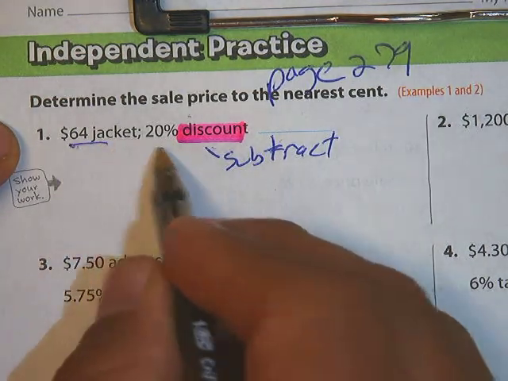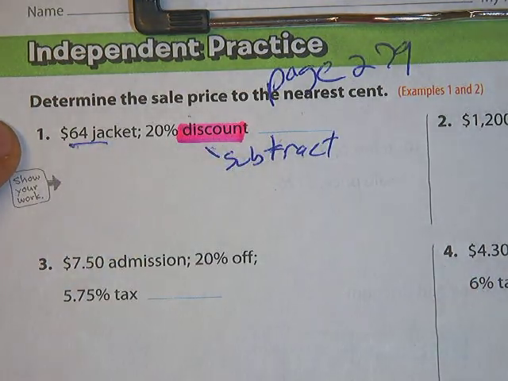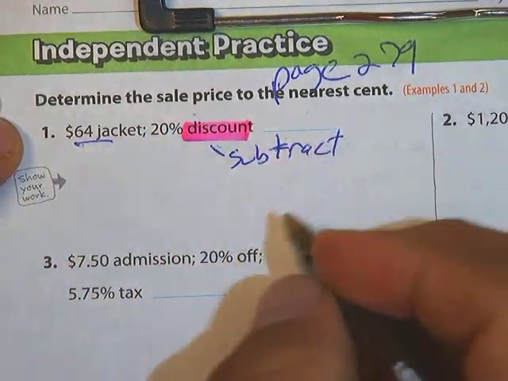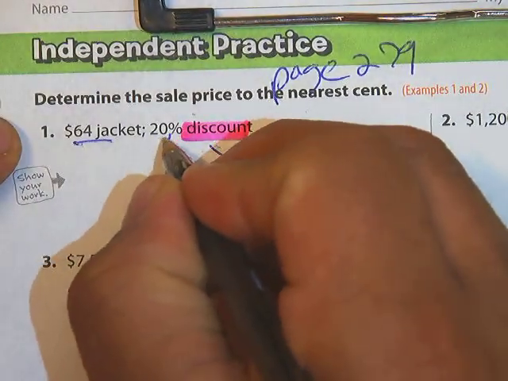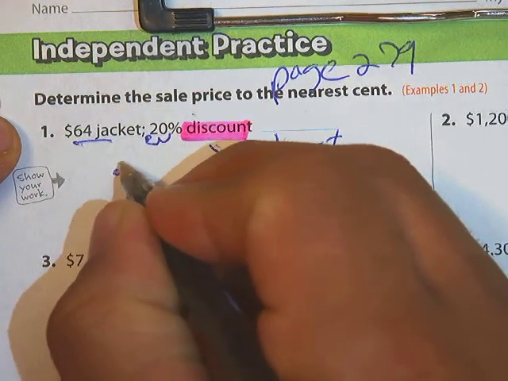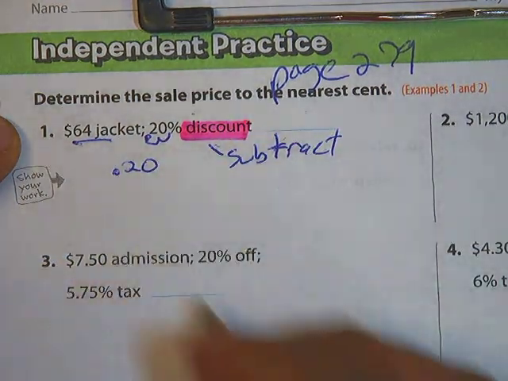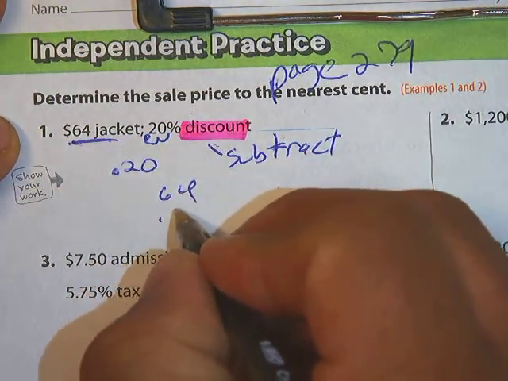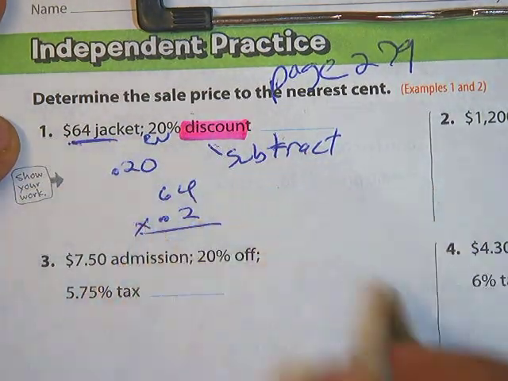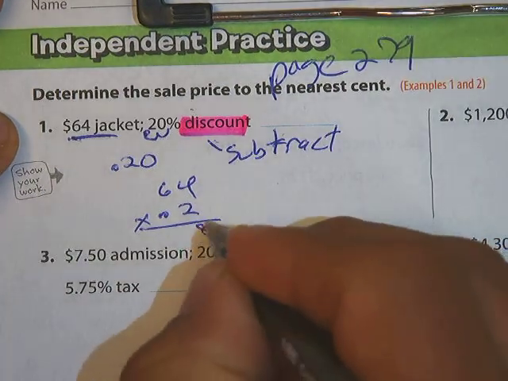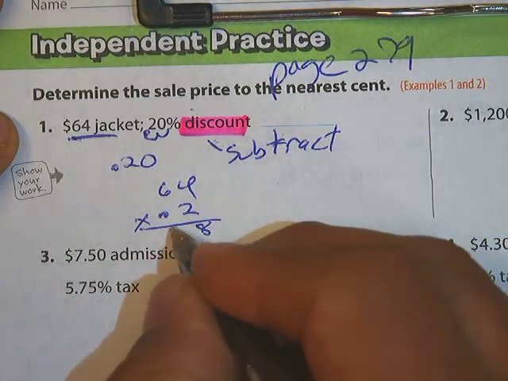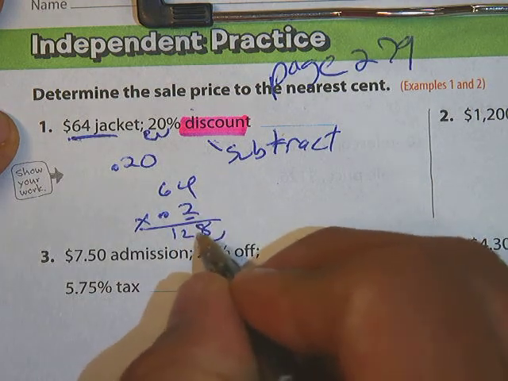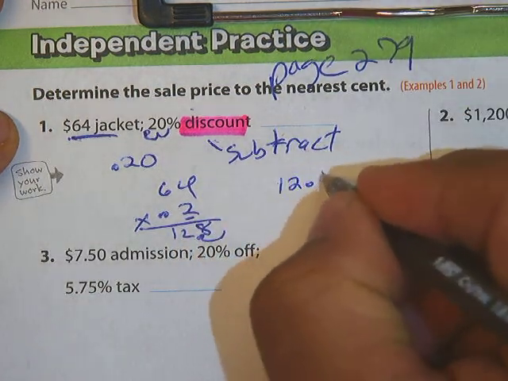Okay, this is the price of the jacket. We're getting a 20% discount. That means we're going to get a better price. So we first have to convert this to a decimal, moving the decimal 2 places, so I get 0.20. And I'm going to multiply that times the price of the jacket, 64 times 0.2. That gives me 2 times 4 is 8, 6 times 2 is 12. There's one number to the right of the decimal, so we move it once, and we get 12.8,